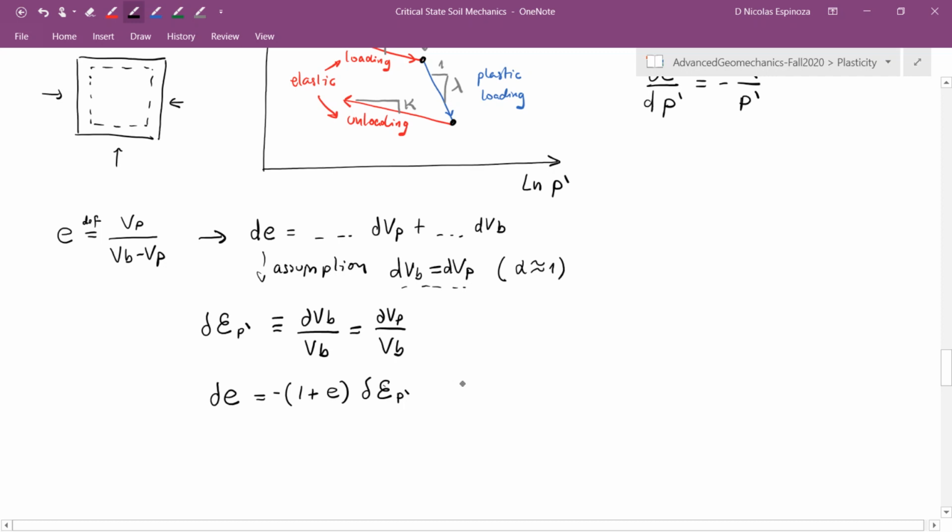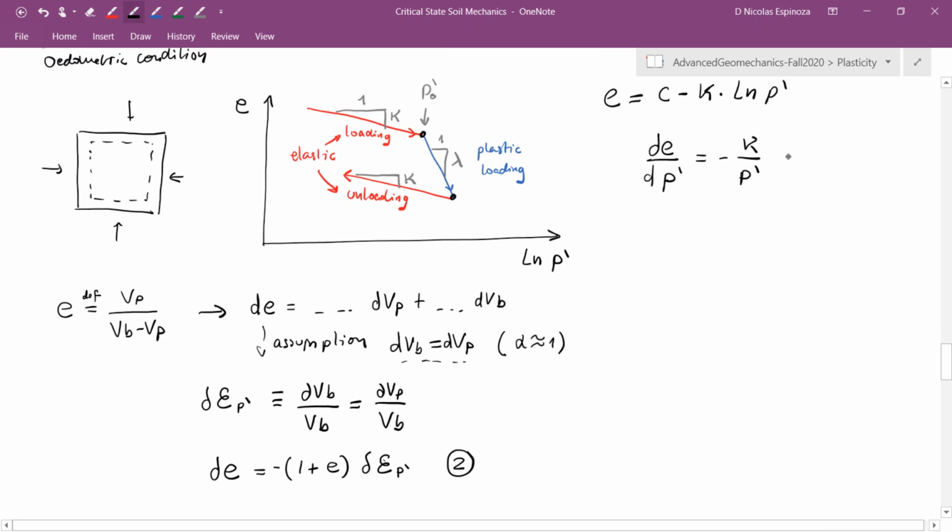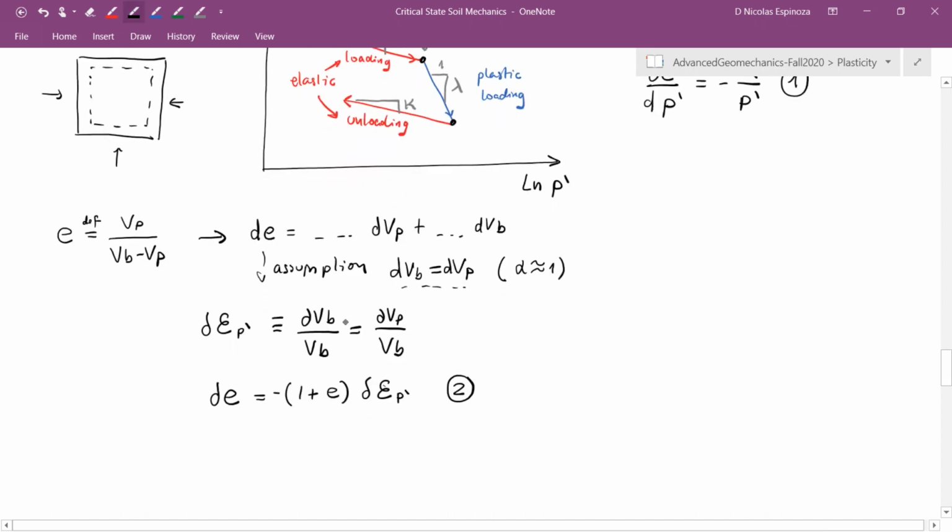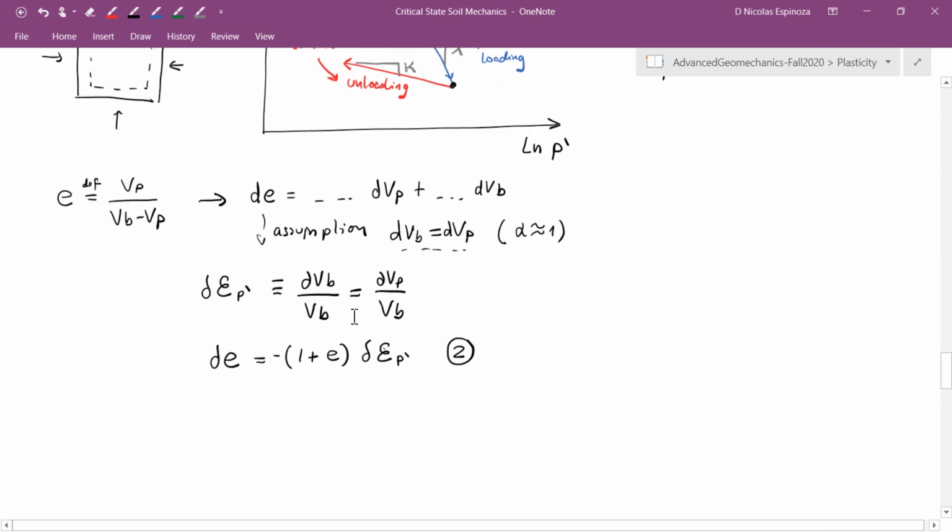Okay, let me call this one equation number 2, and let me call the equation that I obtained up here equation number 1. Remember that equation number 1 just comes from this figure. Equation number 2 comes from the definition of void ratio and how that links to volumetric strain through this definition. All right, I can put 1 and 2 together and obtain the following: